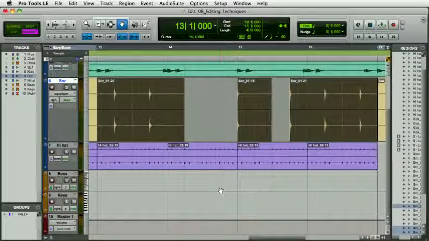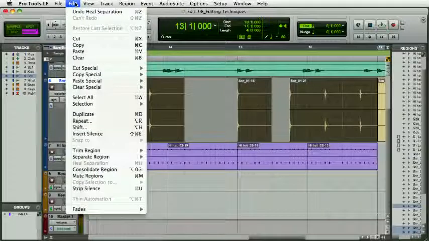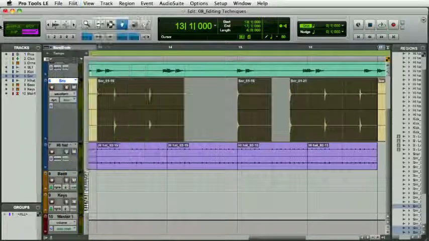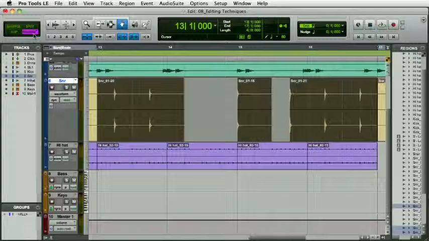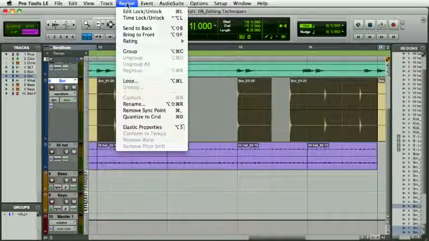So to recap, the standard functions are in the edit menu, cut, copy, paste and clear. They work differently depending on the modes that you use, shuffle, spot, slip or grid. After that, we had a look at specific Pro Tools functions. The first one was in the region menu. That was when you